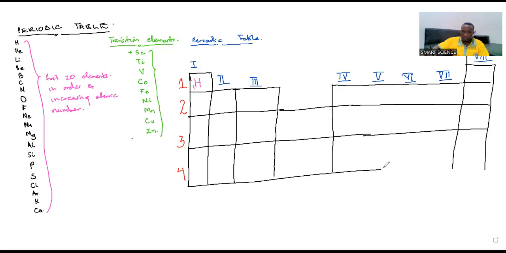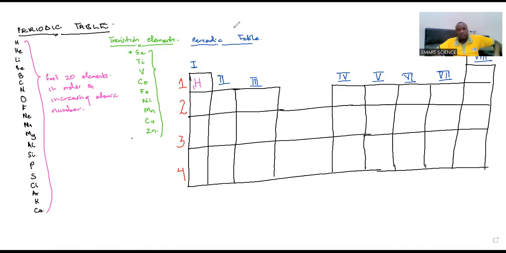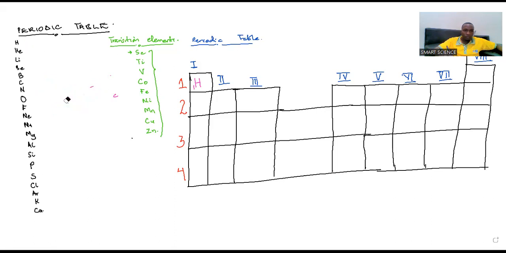Different periods having different elements and different groups possessing different elements, and we are trying to place our atoms within the periodic table. Trying to again represent these elements with their electronic configurations, we shall realize that hydrogen had 1,